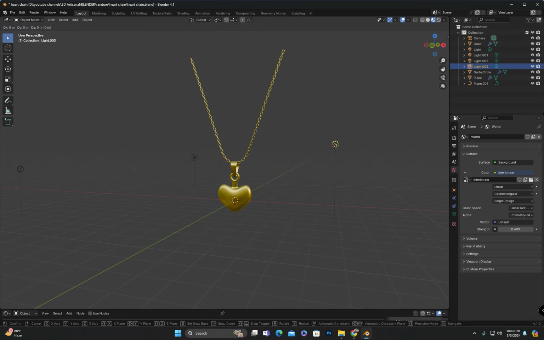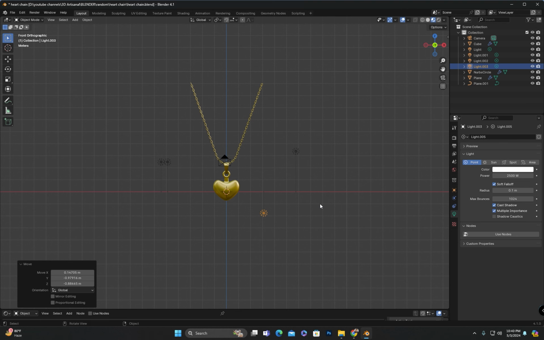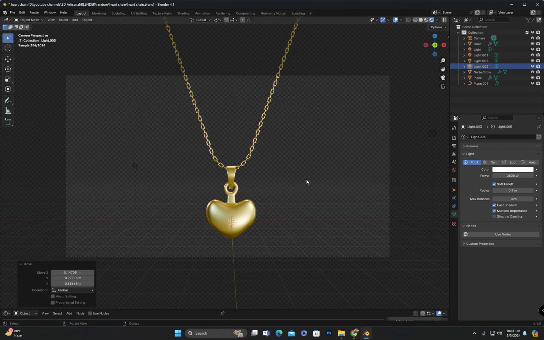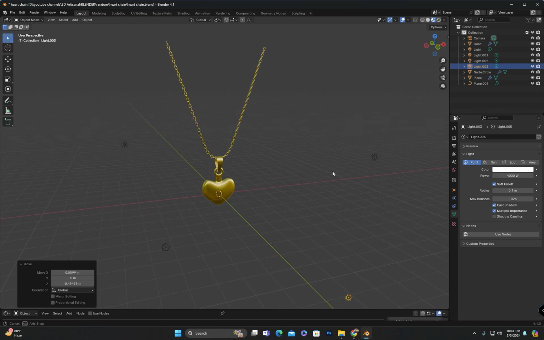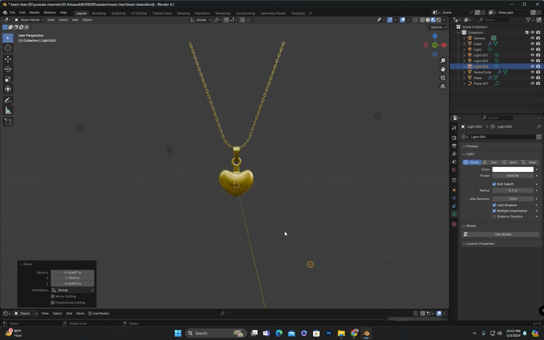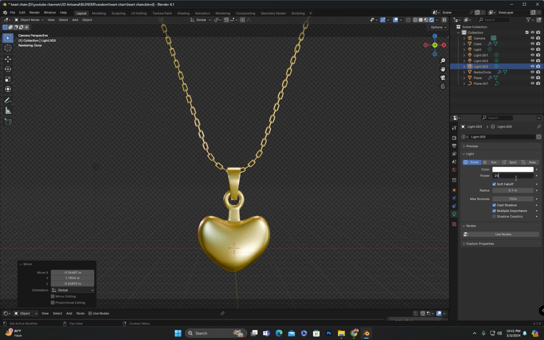Additionally, I will add a light to the scene because I need some light on the bottom side of the object. I think the lighting is now better.